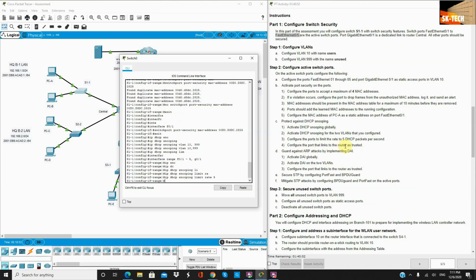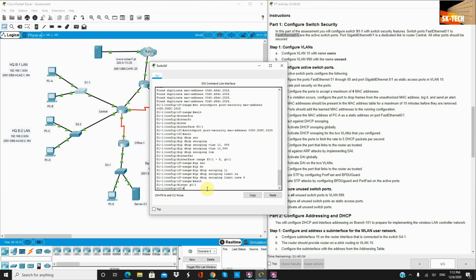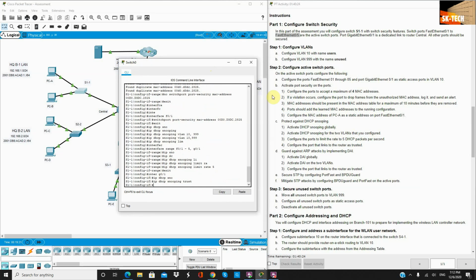And now we configure the port that links the central router to be trusted. Exit, and the port is interface G0/1, ip dhcp snooping trust. Well, we're done with this one, and now we will